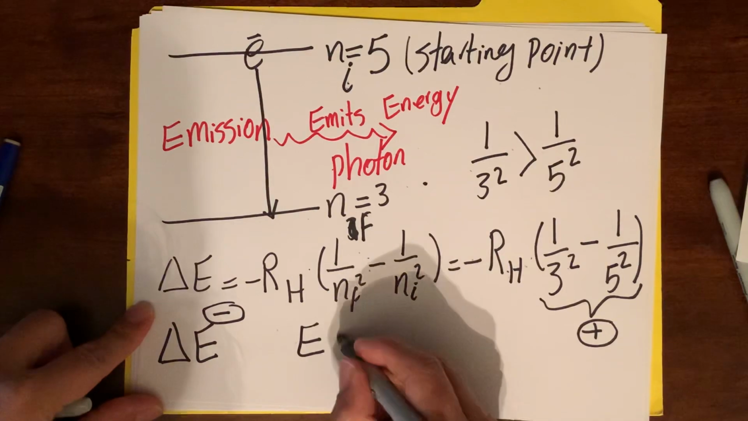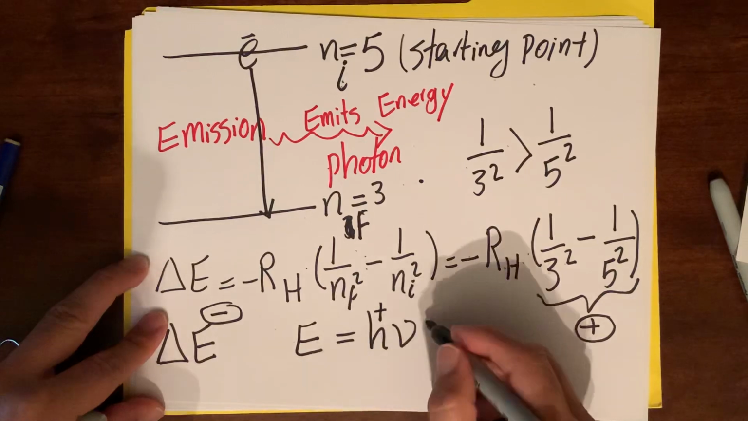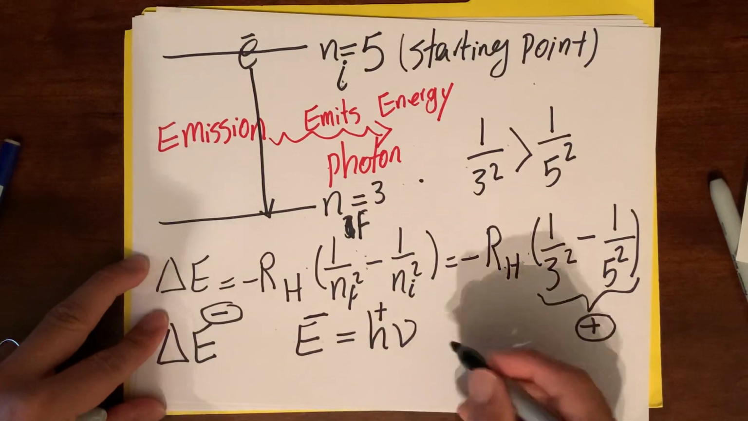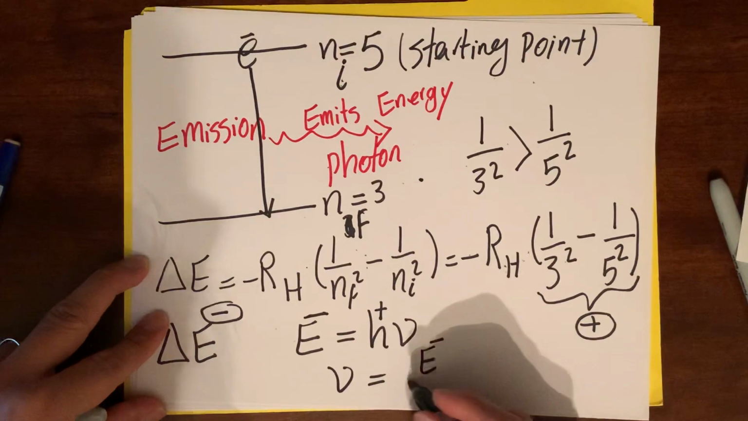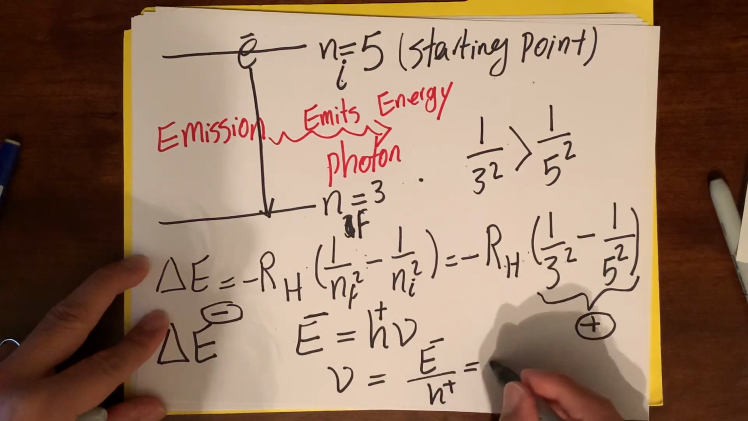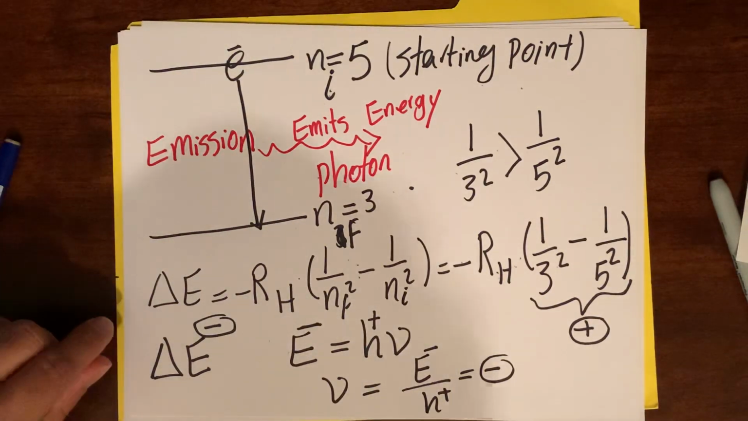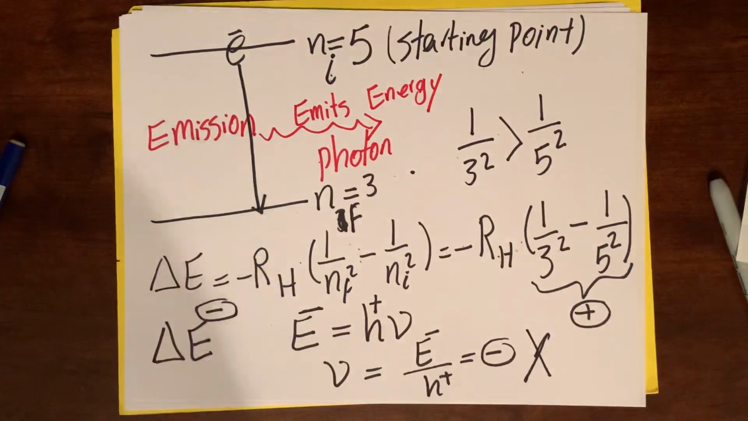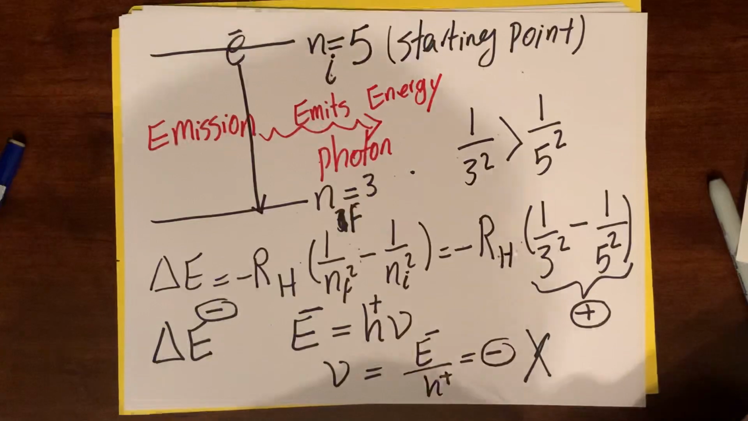Energy is equal to h nu. H is a positive number. And if nu is negative, then the frequency will be a negative number divided by a positive number. It will give you a negative number for frequency, and that's wrong. So whenever you are dealing with emission, you need to fix this problem, and the way you fix it,